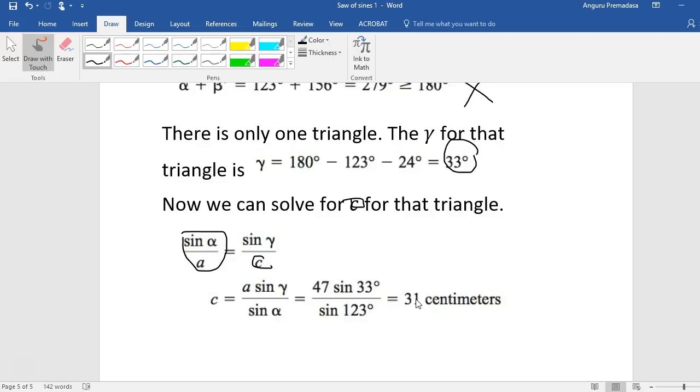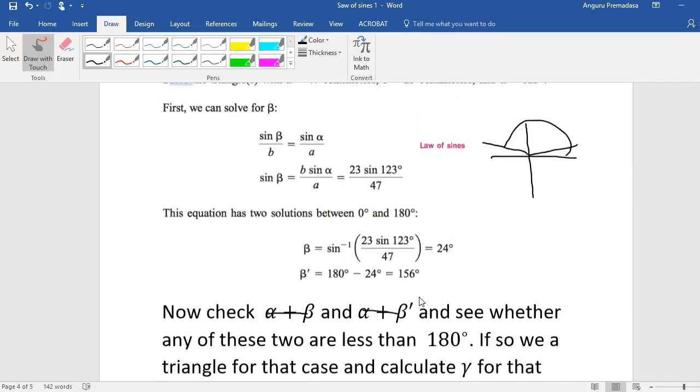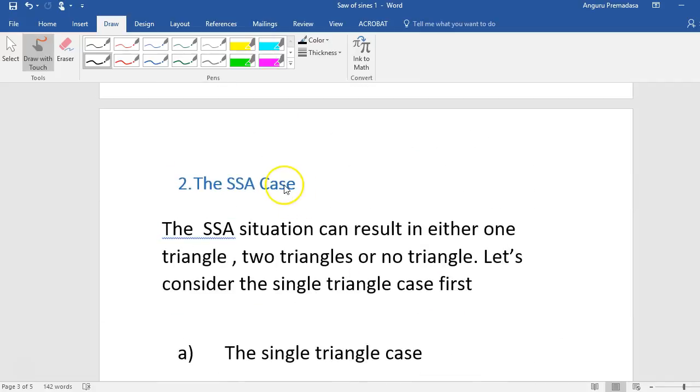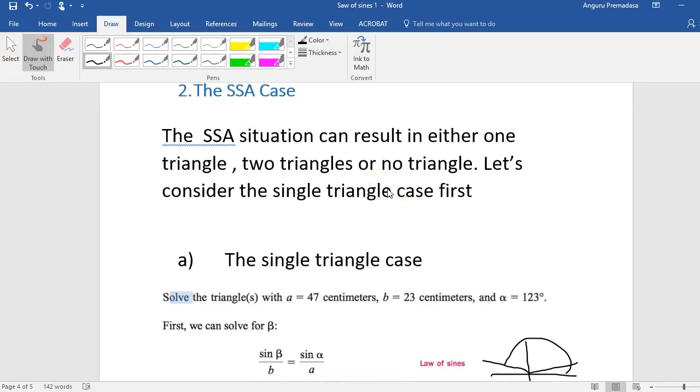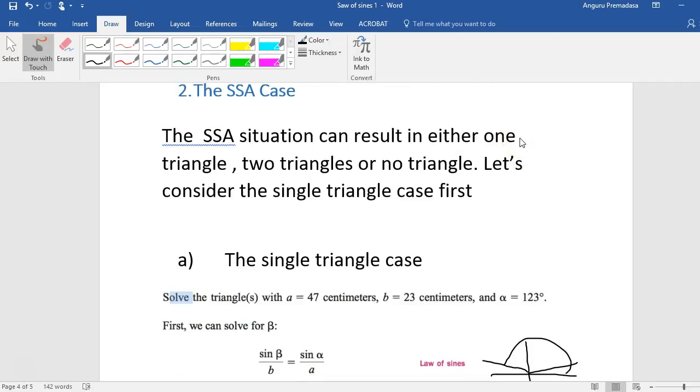So a little bit of a long video, but we just handled only one case in the SSA scenario, the single triangle case. Later on we will do the other cases. But remember, we can get no triangle